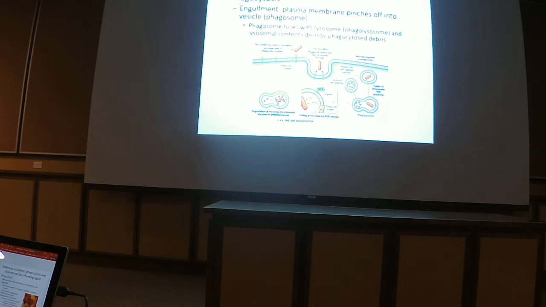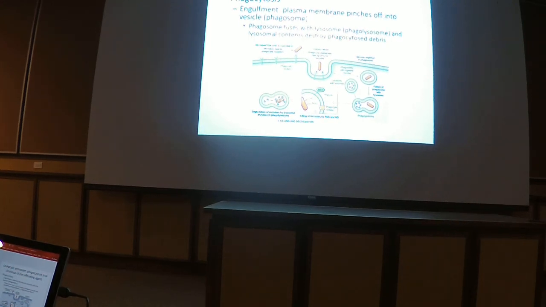So phagocytosis begins with recognition, and then attachment. And then there's an engulfment process. And there are words here that you don't need to memorize. If you were tasked with the responsibility of coming up with these words, I think you'd come up with the same words. The plasma membrane hinges off into something called a phagosome, which makes plenty of sense. Phagocytosis is occurring. You may guess, based on your